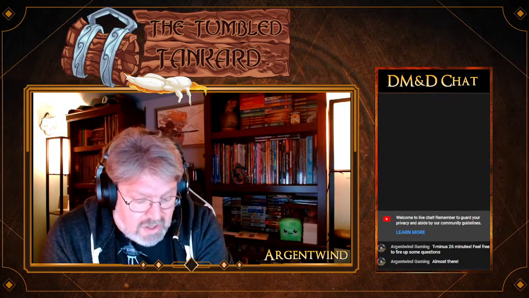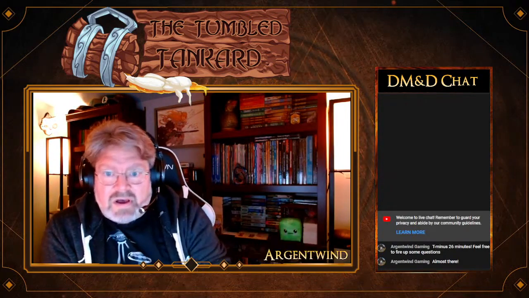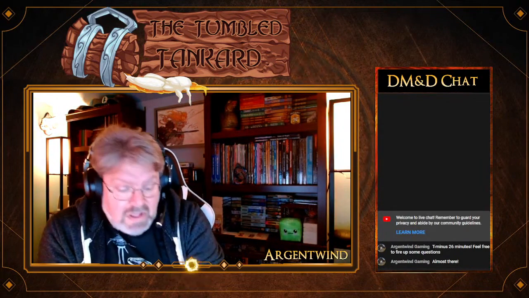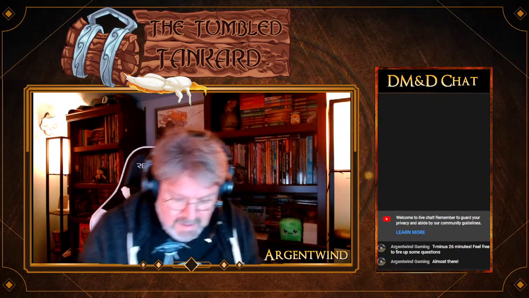First of all, obviously level, party level, and character level, but also the party composition. Are they heavy on casters or healers? Do they have people who are optimized for huge amounts of damage? It really depends on who's in your party, the types of players you have, and the way they approach combat and encounters. And of course, dice rolls can throw everything into the mix.